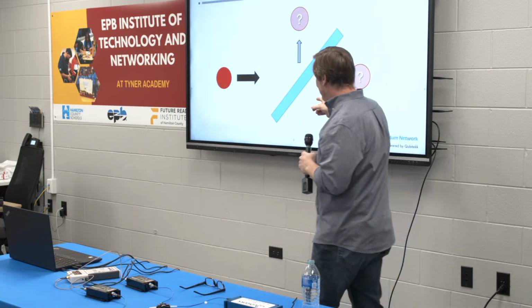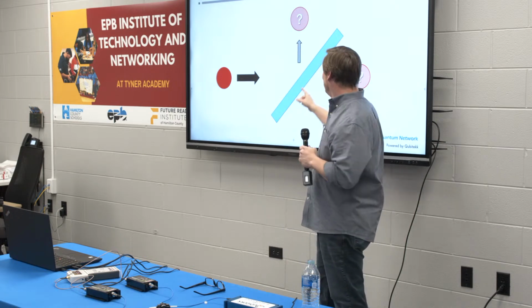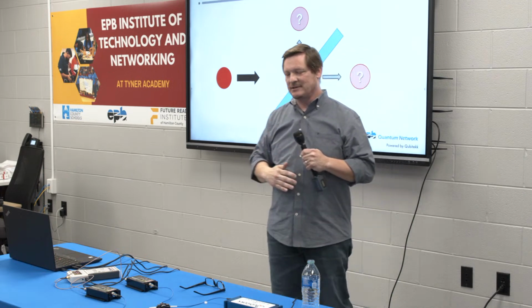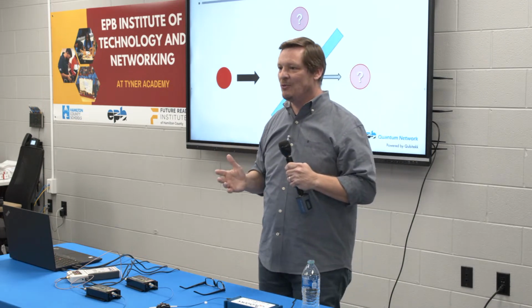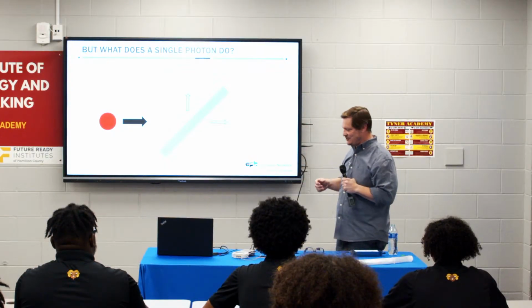but they couldn't prove what was going to happen. And what we find out when we do this experiment, and I could dim that down and we could do it all day long, is that 50% of the time it reflects, 50% of the time it transmits. It's completely random. We don't know what's going to occur, and that's kind of this inherent randomness that occurs in nature.